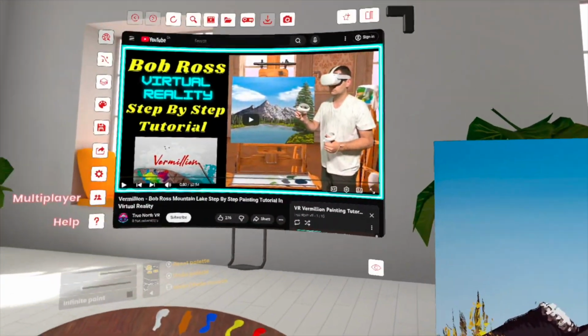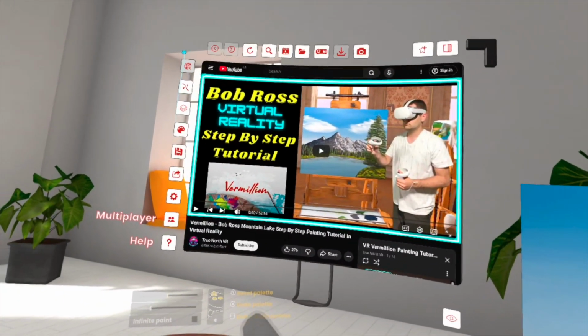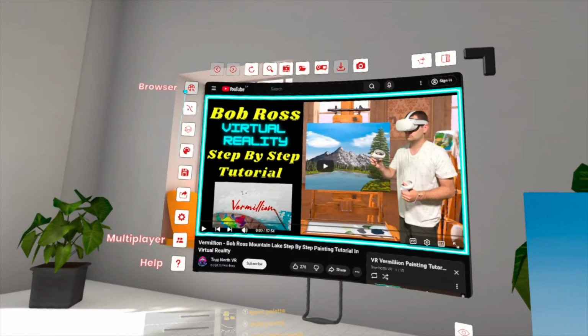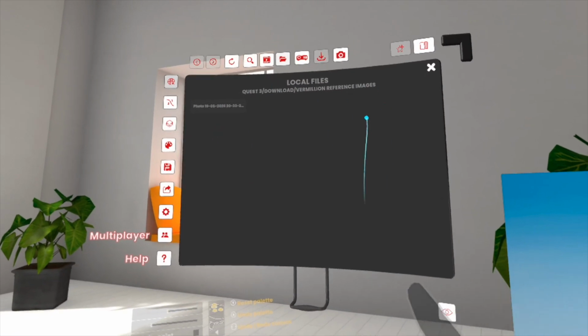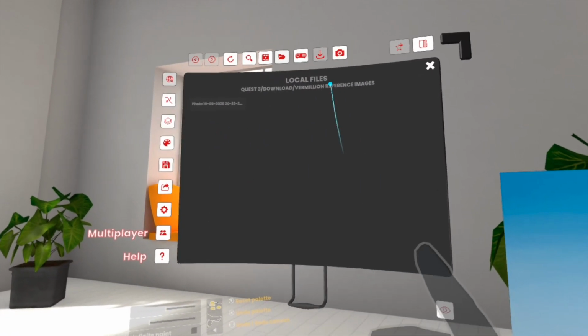I'm going to show you how you can find and use reference images in Vermillion VR painting. You're going to want to make sure you're on the browser in the settings menu. Then there's that little folder button. This is where you can have local files. I am going to show you how you can add pictures to that, but you can also go to the